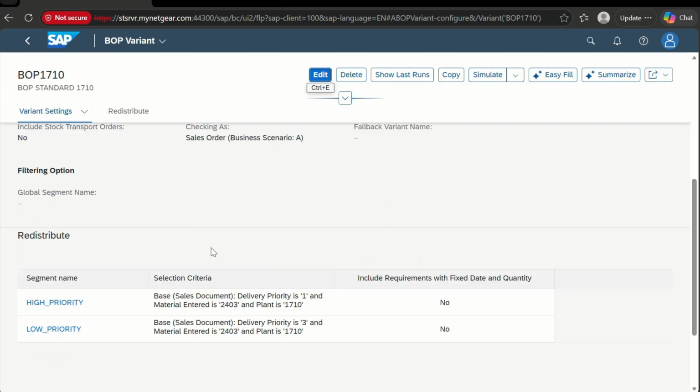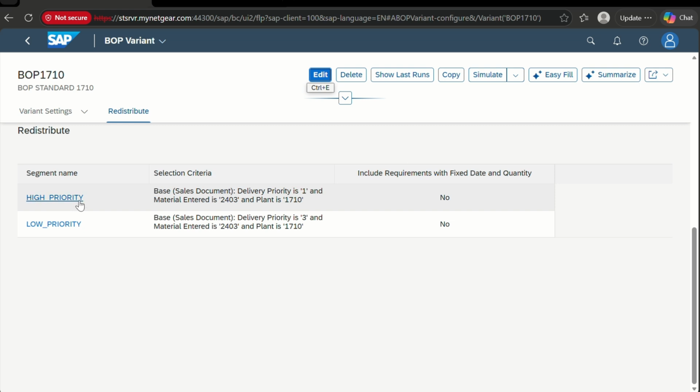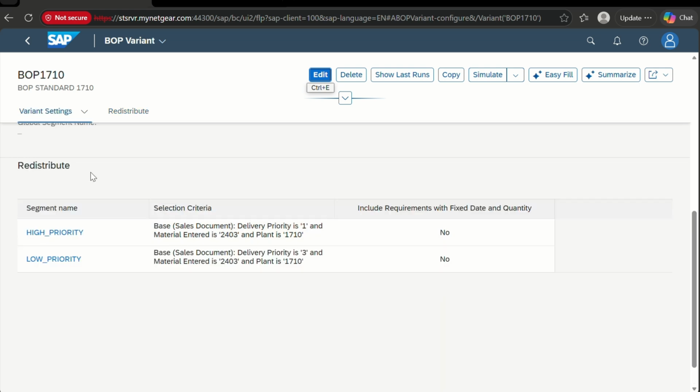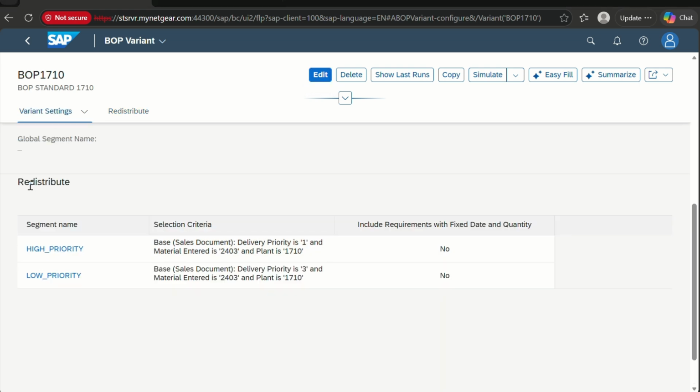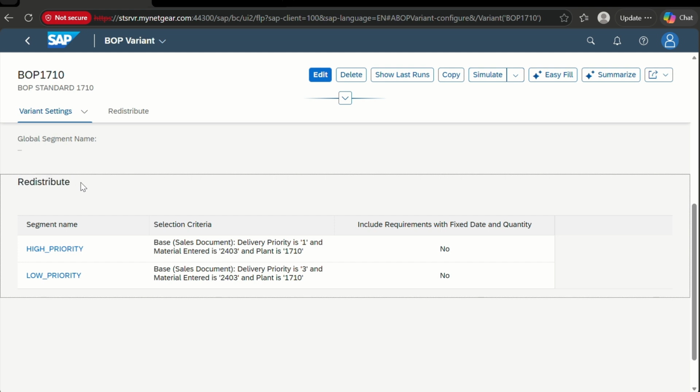In that, I have added two segments. One is the high priority segment and the second one is low priority, which I have put under redistribute. You might ask why I have put redistribute apart from win and lose strategy. It is because redistribute is the gold